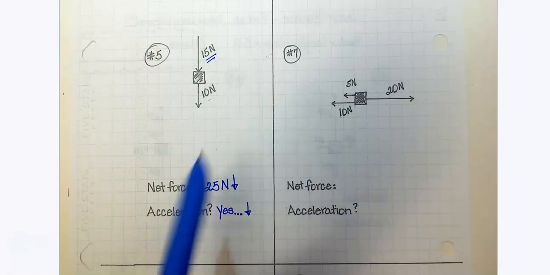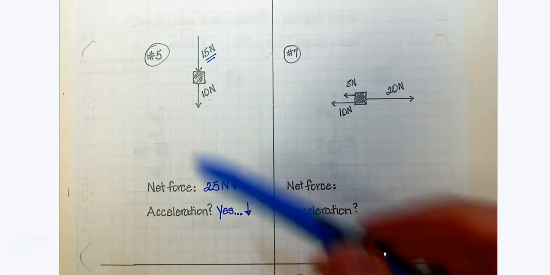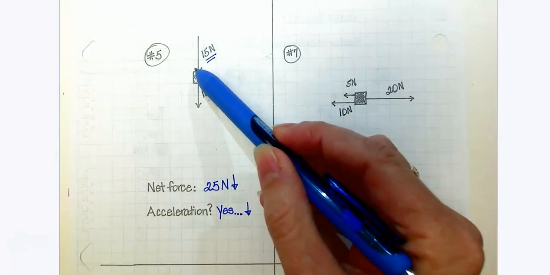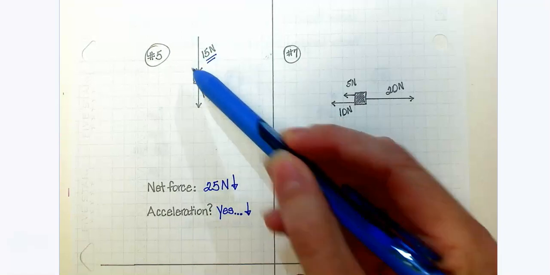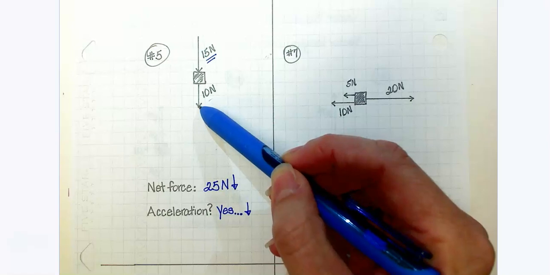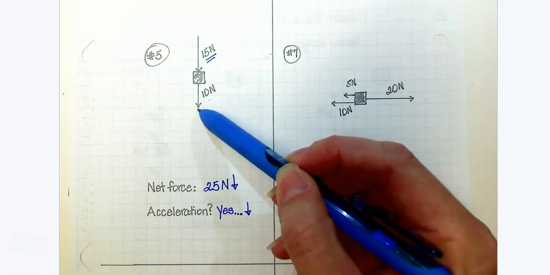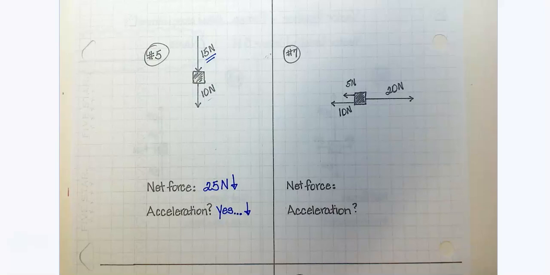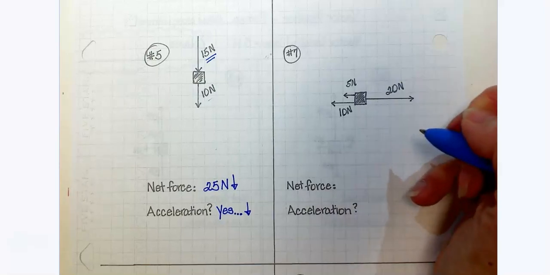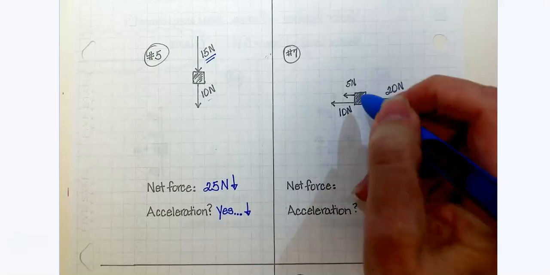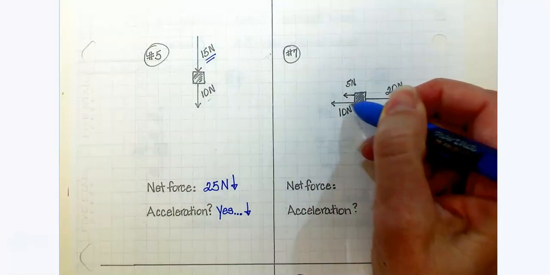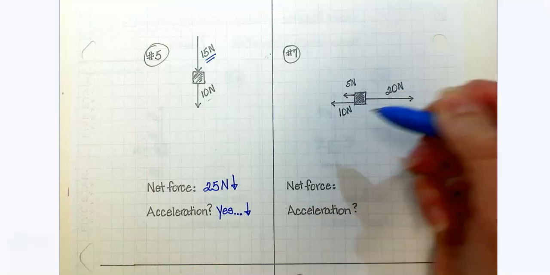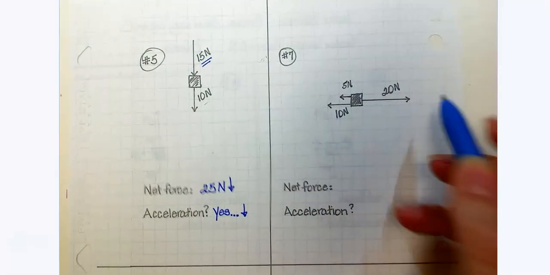Okay, so whenever I look at arrows, for me personally, when the head of the arrow is against the box or the object, I kind of think of that as a pushing force. When the head of the arrow is away, I kind of think of that as a pull force. Maybe that'll help you guys. So number 7, we've got 3 forces. We've got a pull force of 5 newtons to the left. We've got a pull force of 10 newtons to the left, and we have a pull force of 20 newtons